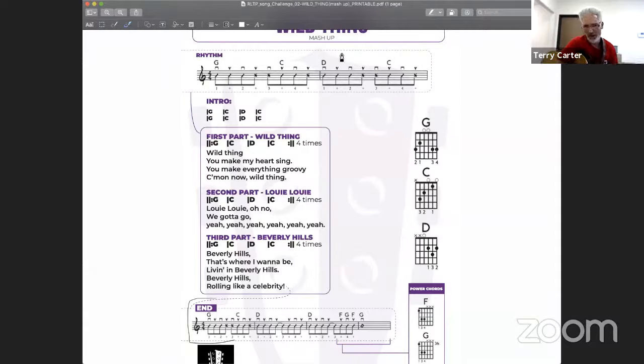All right, so that was the intro part. And by the way, if you want to play Wild Thing, that last part comes in more often. So if you really wanted to play Wild Thing, you'd be like, Wild Thing,